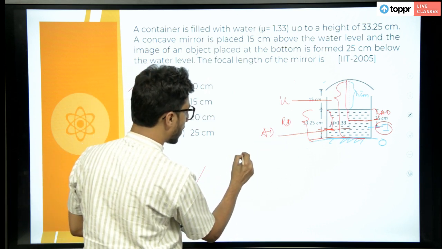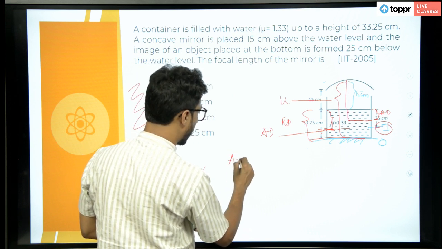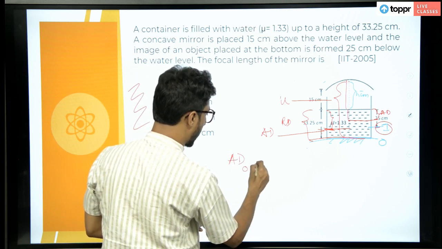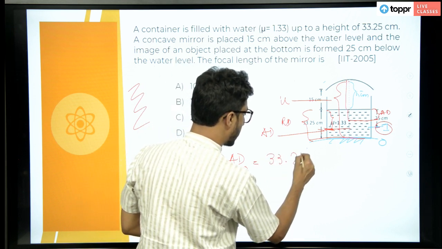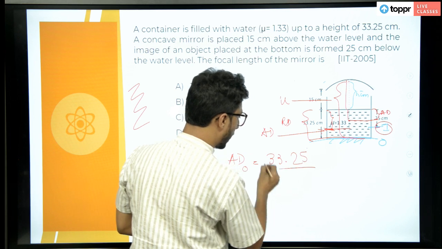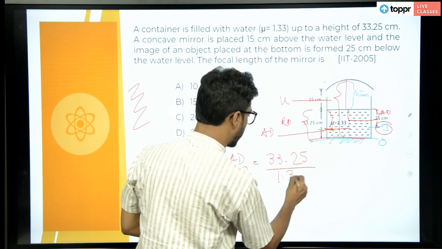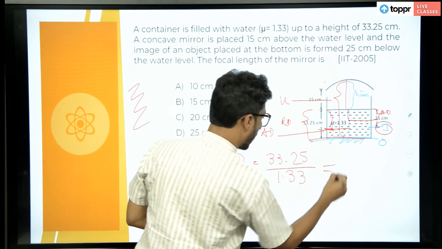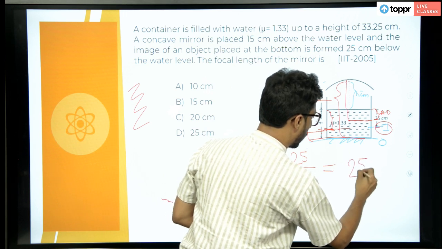Say it is 33.25, so the apparent depth of the object will be 33.25 divided by mu, that is 1.33. If you calculate, it will come to 25